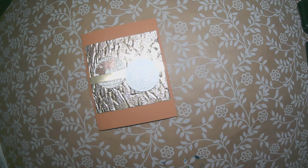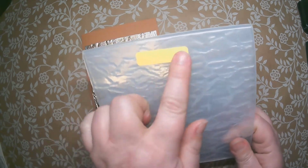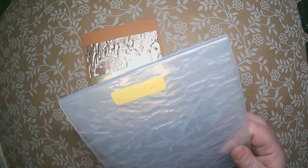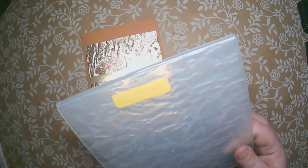The other thing I used on the card we're going to make today is the New World 3D embossing folder. So this I have quickly fallen in love with. So it has a yellow sticker, it needs a blue plate, and I just wanted to point out that if you have the 3D folders and do not have a blue plate, you should pick the blue plate up soon,